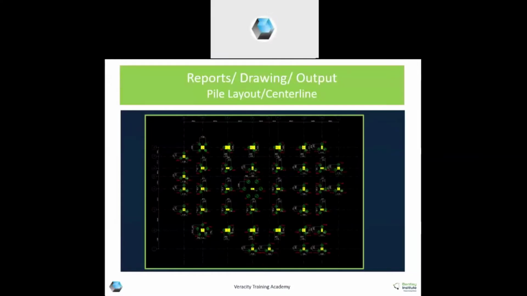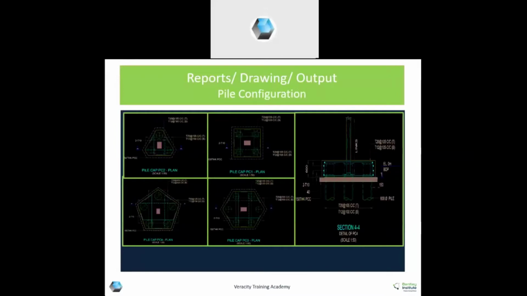All these drawing files you get are in DXF format, which you can open in any local software, including AutoCAD. As per the configuration, you will get a detailed plan and a detailed section showing the reinforcement along each direction. You can get the section along 2 directions or 3 directions also.